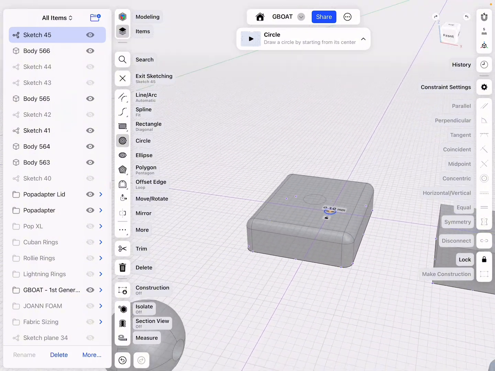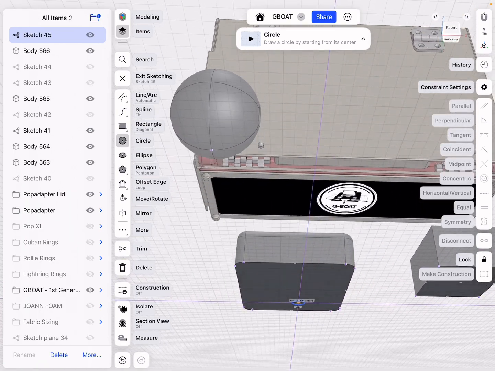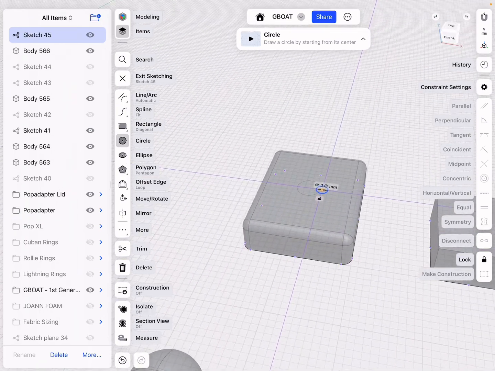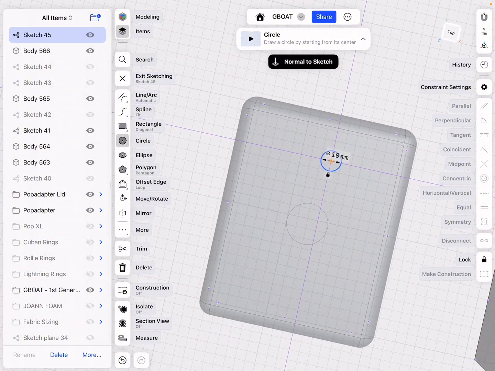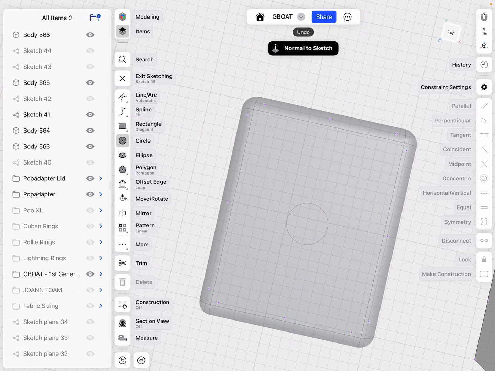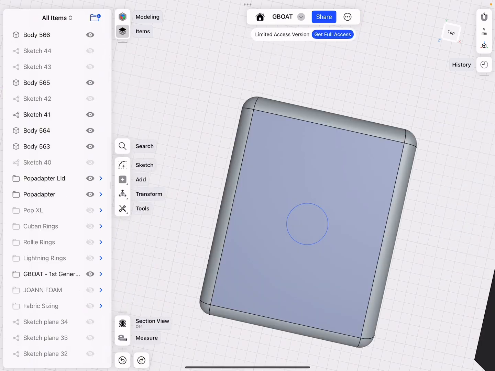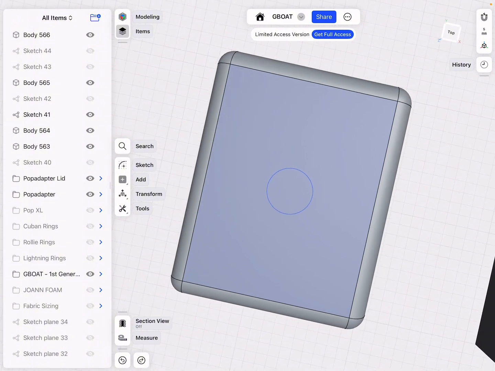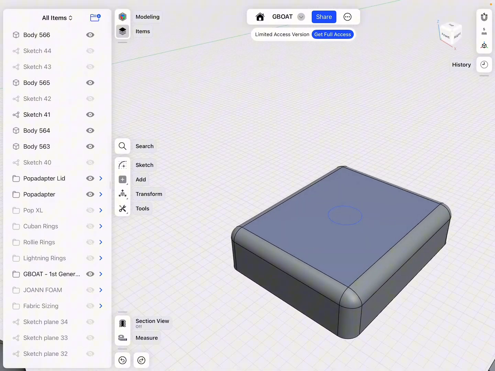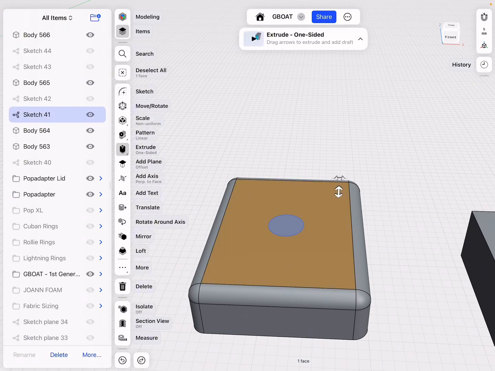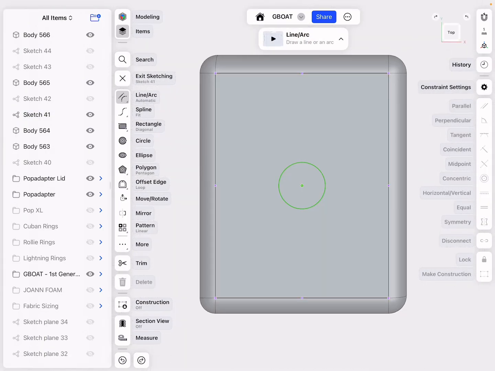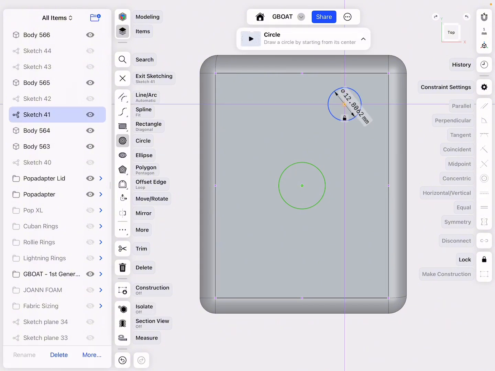But when you actually move it, you'll see that we actually drew on the floor of the plane. But that's not what we want to do. We want the hole to be on our surface. So if we undo that and exit the sketching, what you're going to want to do, and you don't have to be in the top view for this either, you can be in an angled view. You want to first tap on the surface that you want to draw on, and then tap sketch, and then tap circle. And now every circle that you draw